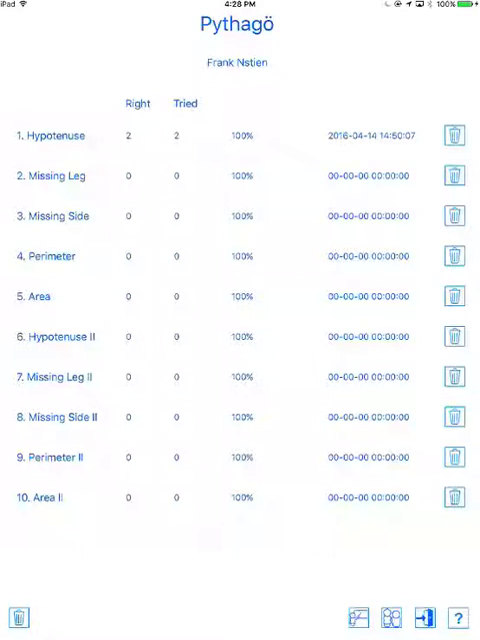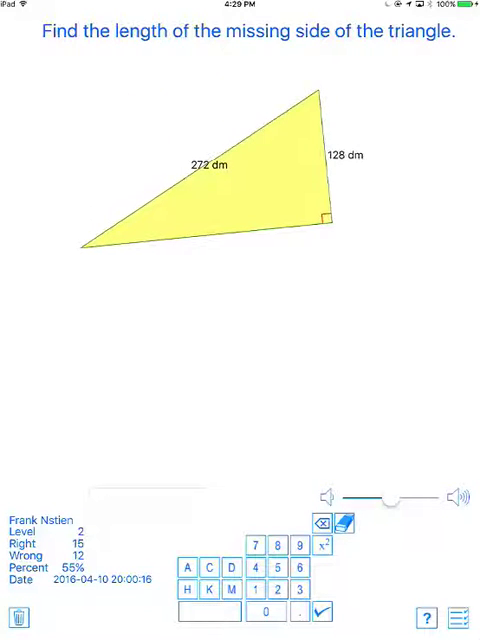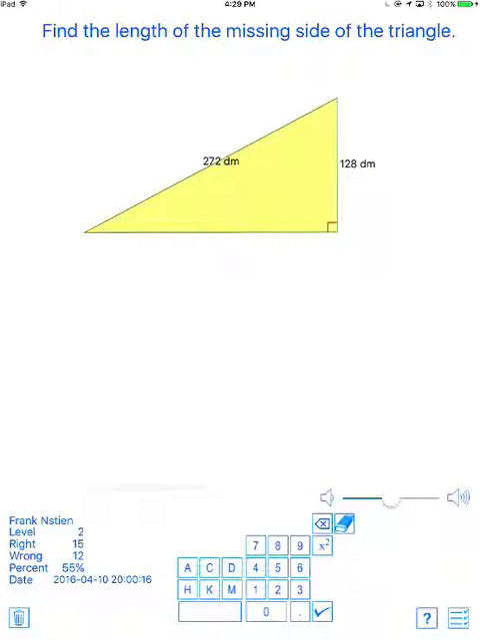Let's have a look at level 2. Okay, in this case we're missing a leg, and I'm just going to rotate it like that. All right, so we want to find the length of the missing side of the triangle, and once again, this